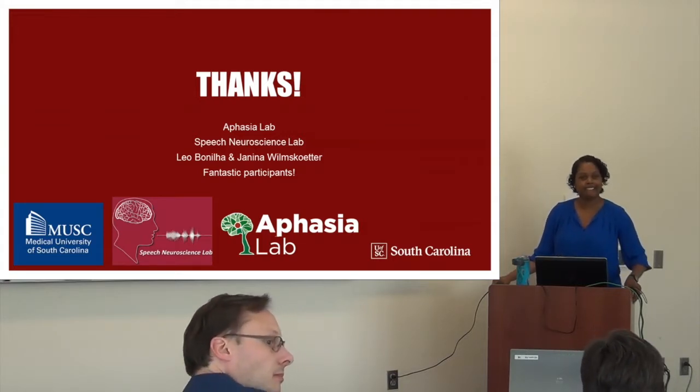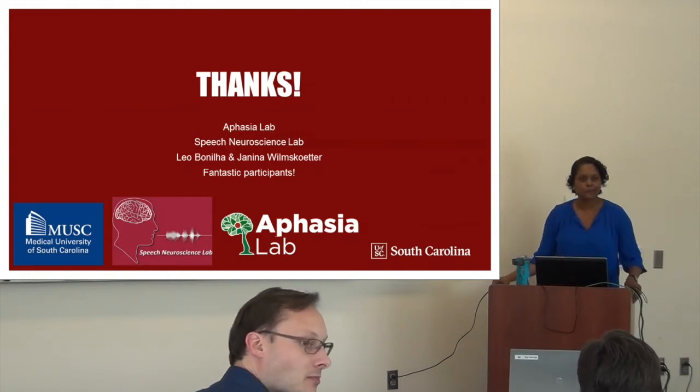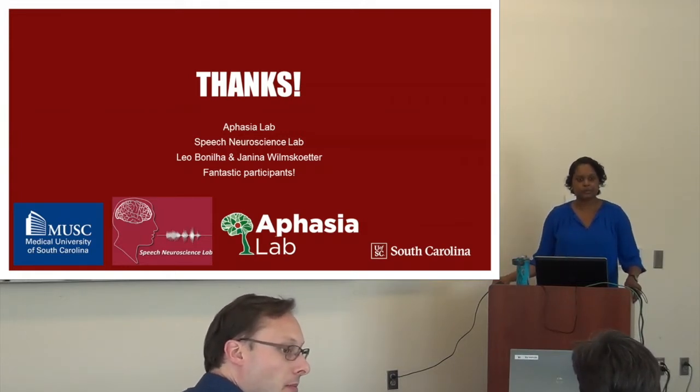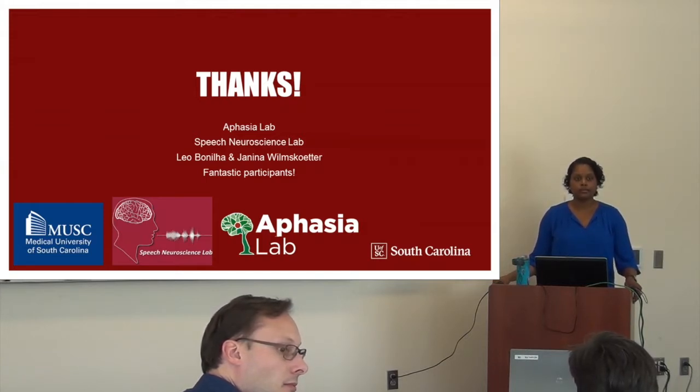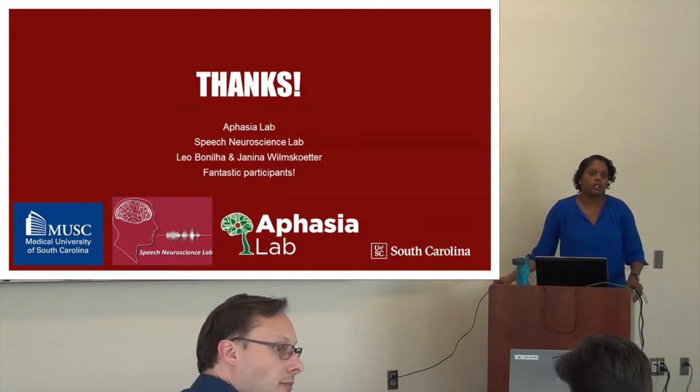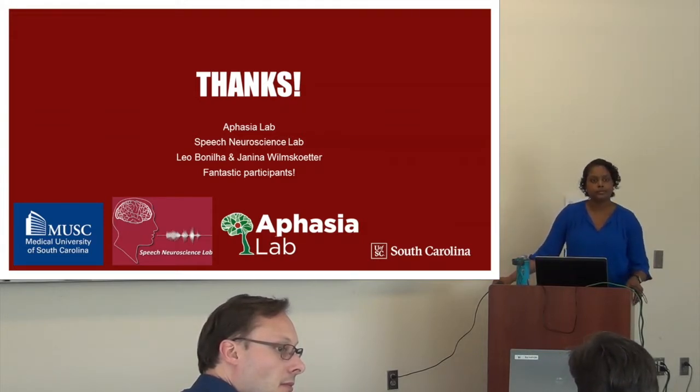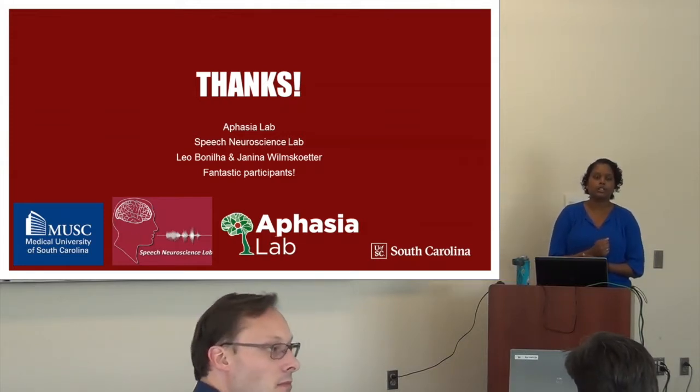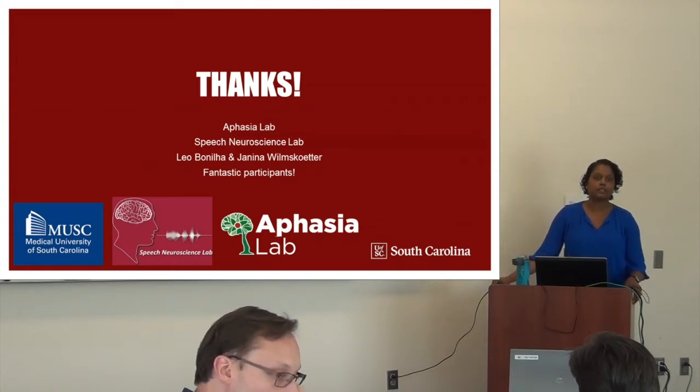My understanding of the literature, based on the control side of this equation, is that the shift you make in response to an upshift is pretty much of equal magnitude back. So it's as if you're shifting down. Did you see that in your controls? And do you have a sense from the data whether the aphasics are missing the target of the shift, or undershooting or overshooting in a systematic way? Because it seemed like the data was less variable, so I'm just wondering how that data plays out there.